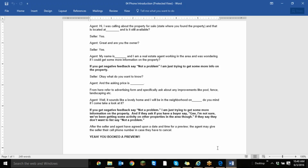See, the for sale by owner is in a bad position against us. They want to sell their own home. They want to show it to potential buyers. They're probably even willing to pay us 3%. So for them to turn down us coming and taking a look at the home contradicts what their mind's telling them they're doing. We just have to remind them and nudge them that they are a real estate agent